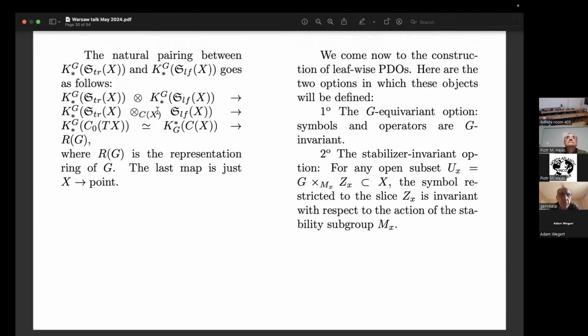You have the product of two of these things sitting in C0 of Tx. In K theory this is isomorphic to K homology of C of X by Poincare duality, and then this group, if X is compact, restricts to constant functions and to R, which is R of G, and gives K theory of a point. If X is non-compact, then the last arrow is not possible. You stay in K star G of C0 of X. Okay, now